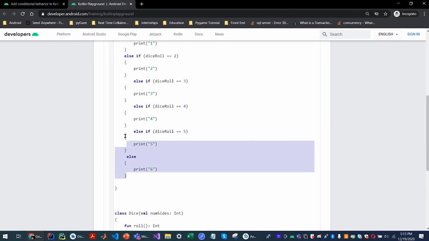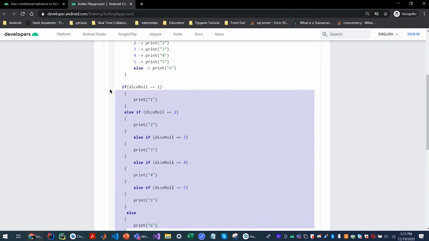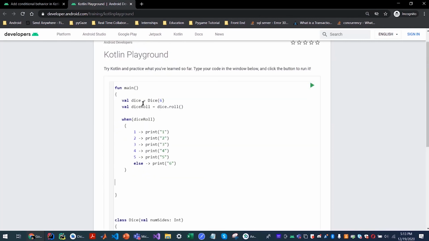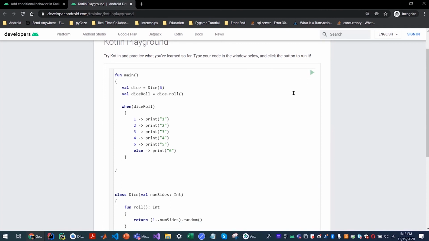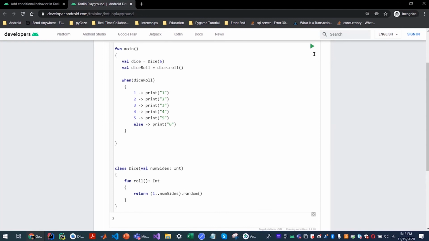In the case of the when conditional, else is kind of like a default case. So if any of these cases don't match, it will resort to this one. So yes, it still works. Now this looks much better, doesn't it, as compared to the previous method of using if-elses.